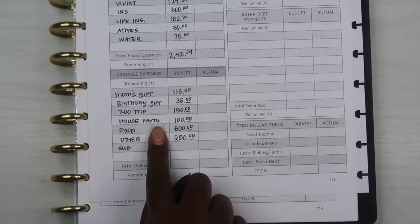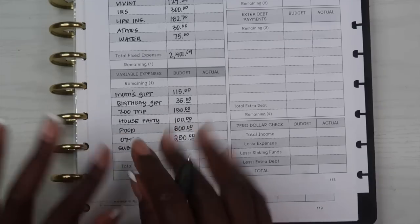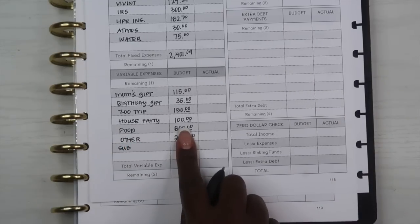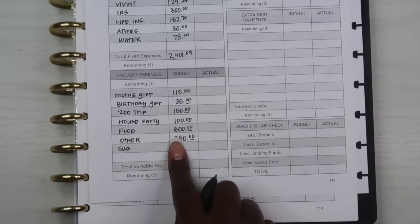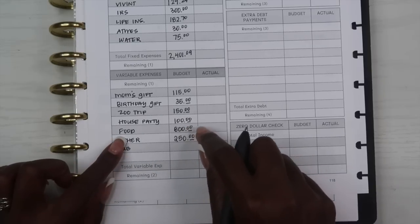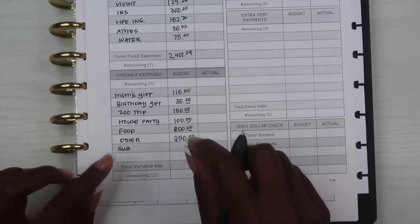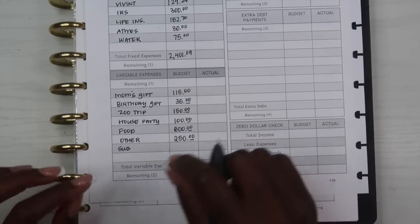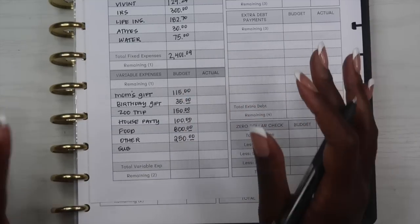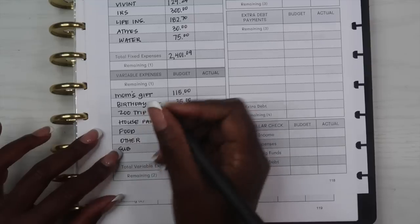We're having a party at our home this month as well. So I wanted to budget $100 for that, for any incidentals or anything that we need to get for that. The food budget is $800 for the month, but I also added an other for $250. And this is to give me a little bit of cushion. We have been going over this $800 a month. It has been closer to like $1,000 or $1,100, and that's just because the price of groceries is just so much more. So I gave myself a little bit of cushion there,